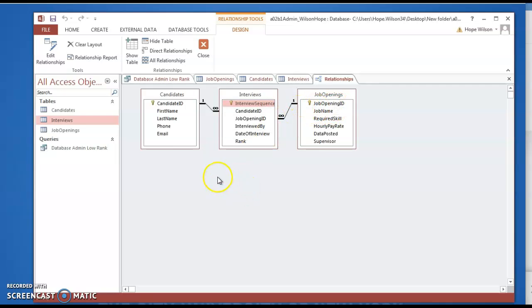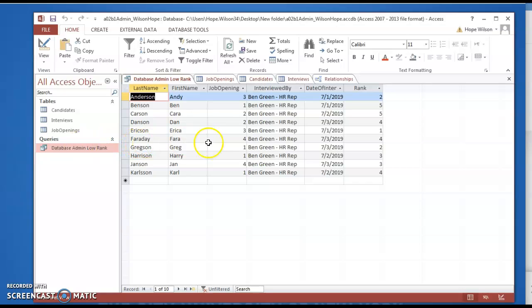And then after putting together a relationship between the tables and ensuring that there was referential integrity between them, and then also using the option to cascade update related fields so that any changes would carry on to the other tables where there's a connection, we would then have to put together a query, and the query involved